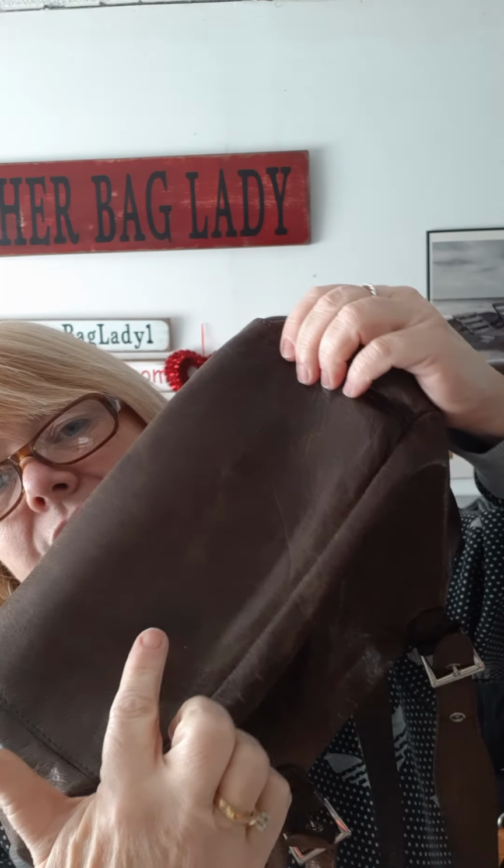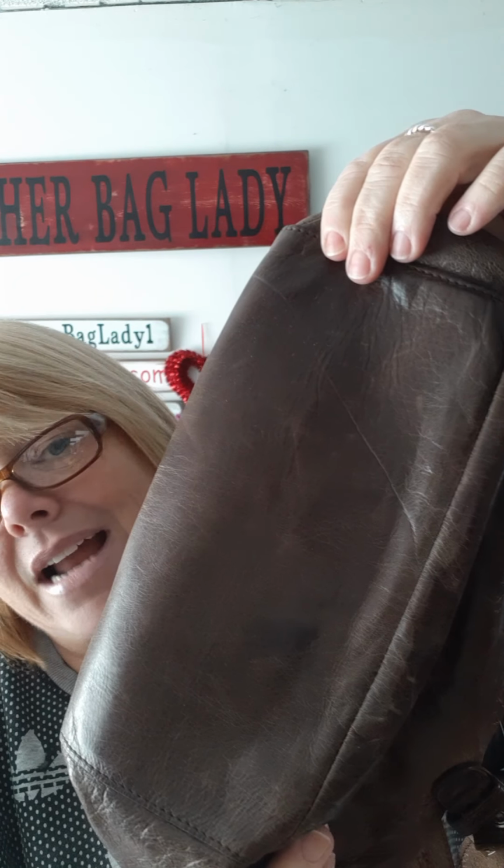So the bag was supposed to be distressed, but you can see that there is some weathering here. And when you lift the flap, you can see how dark it used to be. That doesn't bother me. Again, I'm not sure if it's meant to look like that, but this is a very protected area, so I would be inclined to say that's how it's supposed to look. And that kind of carries its way throughout the whole bag. For example, this mark here, I think is part of the leather. There's some real dark spots,